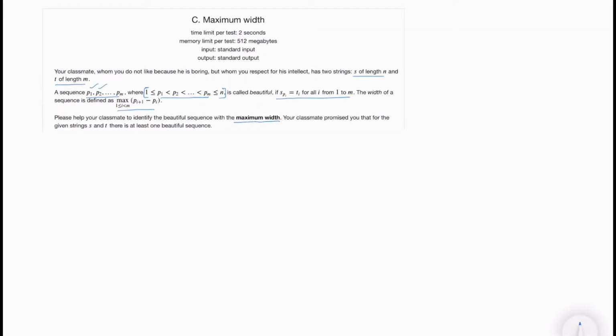Now that we have read the problem statement, let's try to see what the statement actually says. So let's write down some things from the statement itself so that we can think more clearly. So we have a sequence p1, p2 up to pm in s, that is, these are the indices in string s, and we have the condition for a sequence to be beautiful that s of p of i is equal to t of i.